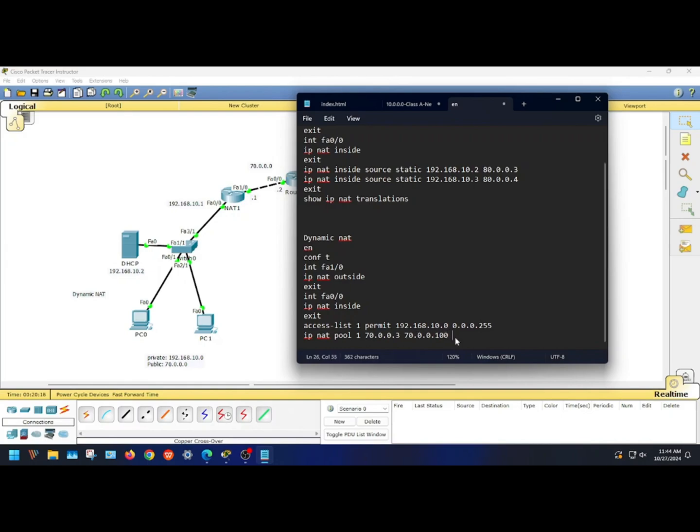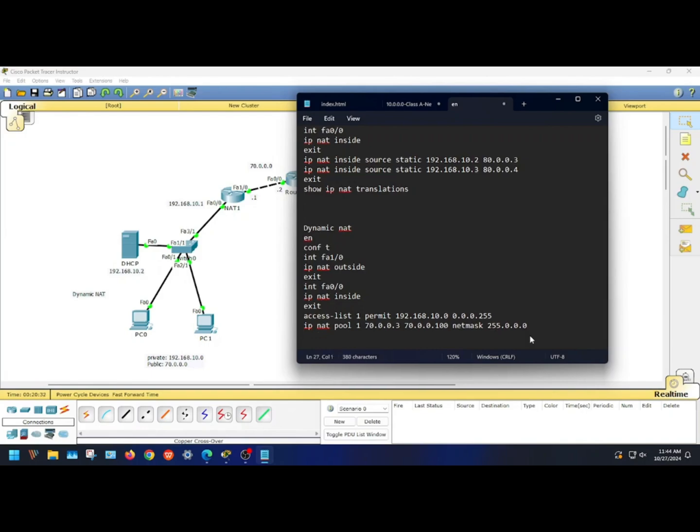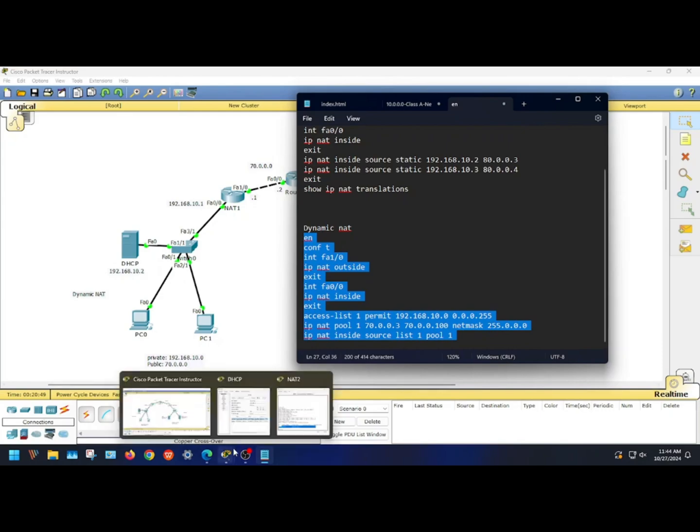So this range will start from 70.0.0.3 and it may end on different numbers. That depends on how many IP addresses the ISP has. So I have taken here 70.0.0.10. So the public IP addresses available from the ISP are 70.0.0.3 to 70.0.0.10, and the netmask that is default I have kept for the class A IP addresses, 255.0.0.0, and then we will have to map those